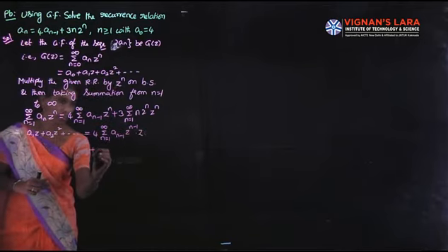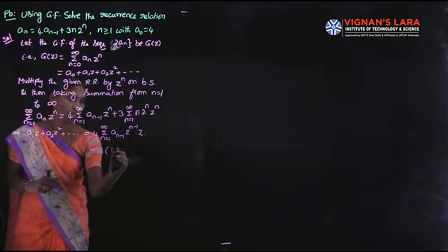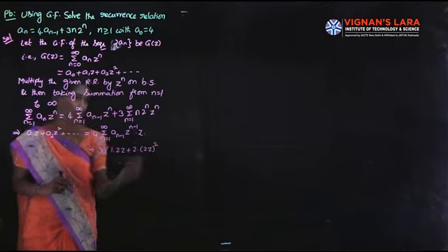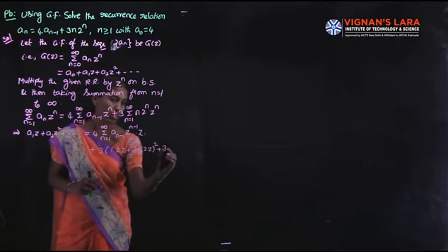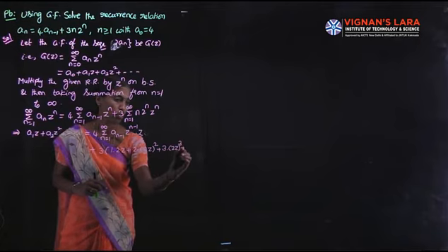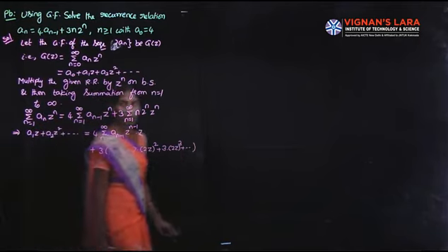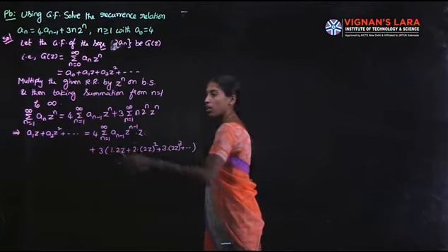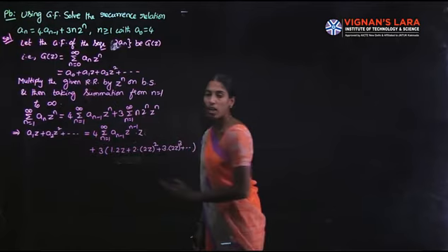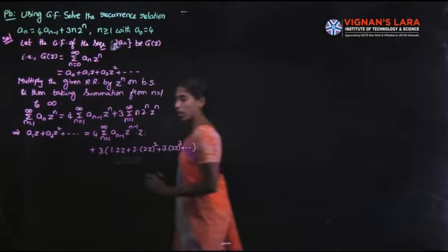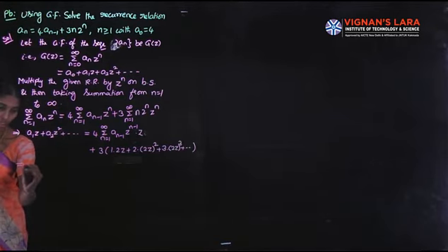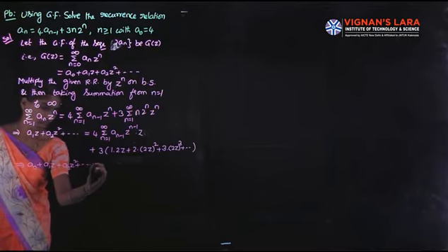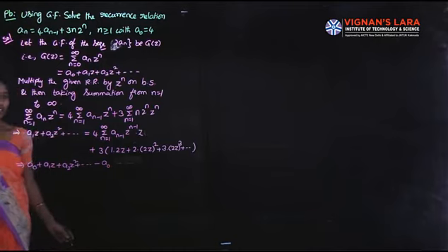expand the second term: 3 into, put n equal to 1, n equal to 2, put n equal to 3, 3 into (2z) whole cube and so on. Now, the left side term a_1 z + a_2 z^2 and so on: in this one, the missing term is a_0. So add a_0 and then subtract a_0: a_0 + a_1 z + a_2 z^2 and so on. Then subtract a_0, so we are writing minus a_0.